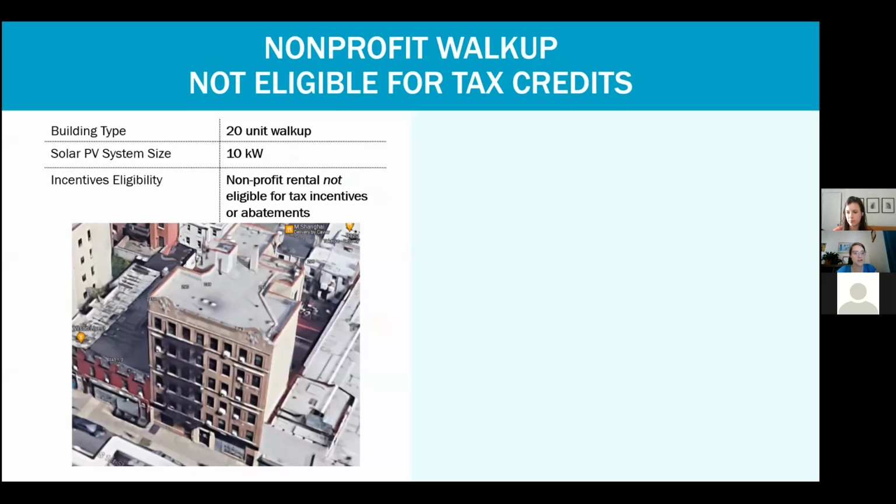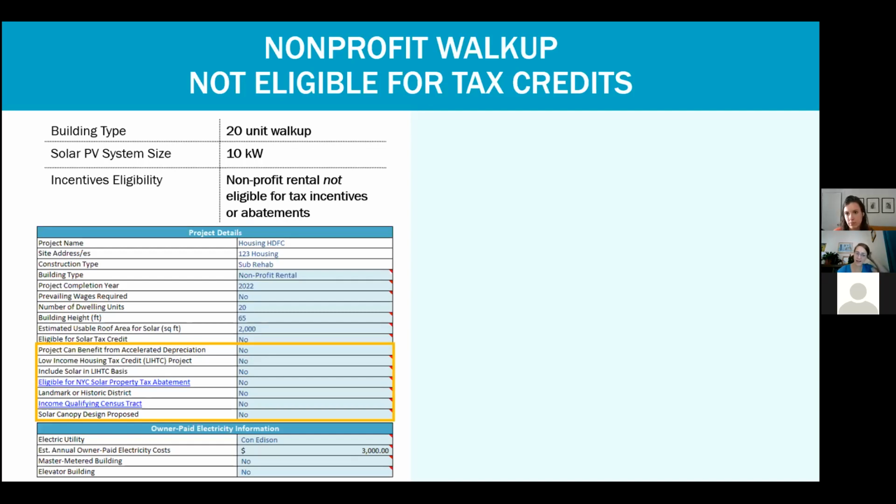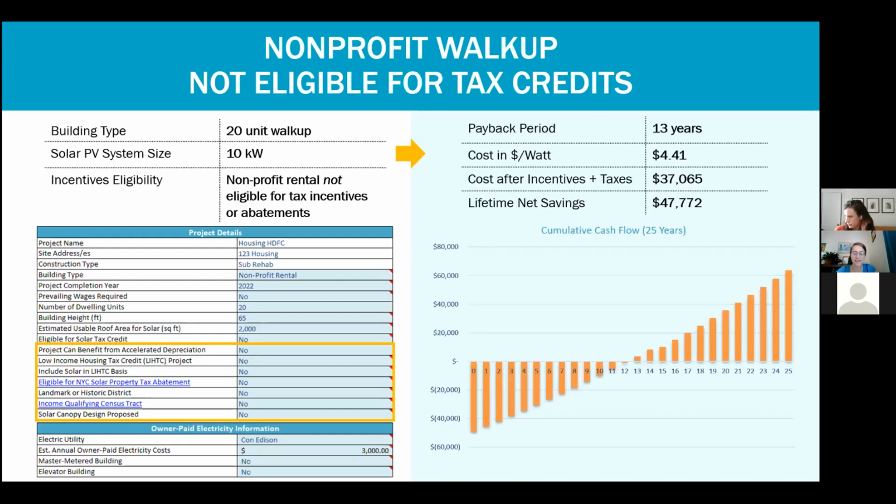So this is a nonprofit walk-up building. As a nonprofit, it's not eligible for tax credits. And they want to install a 10 kilowatt system on their roof to offset their common area costs. So you can see they filled in the tool with no for all of the tax credits. And what that looks like is a payback period of 13 years and a lifetime net savings of $47,000 after the system has paid for itself. So it's an okay system. We would usually recommend this, but not require it. However,